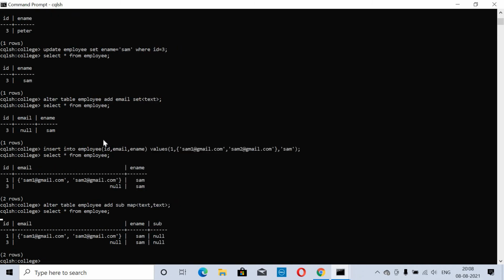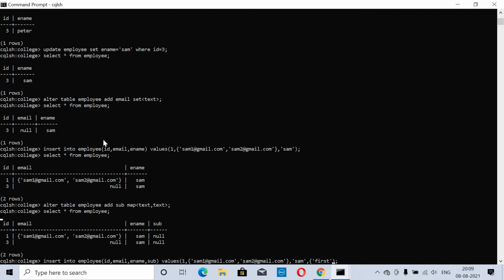Select star from employee: the subject column is created over here. Now again we'll make use of the insert. First is ID, second is email, then name, and one more field, subject.